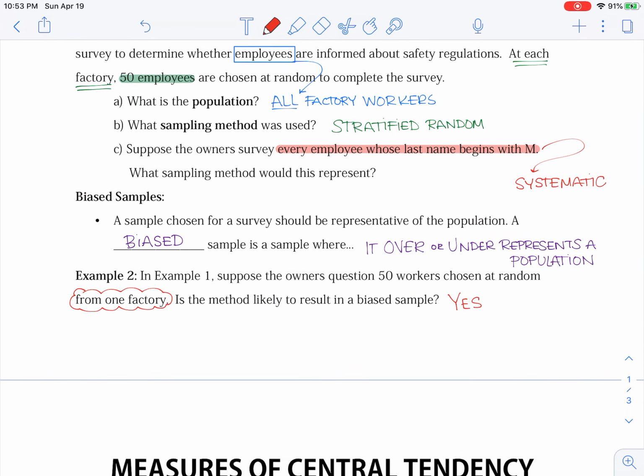Reasonings can vary. One could be that maybe where that one factory is located could affect how employees fill out the survey. Maybe the management at a specific factory is better at one than another, so they're better at making sure all their employees are up to date. So I would say, especially depending on how many factories this company has, it would be biased to only survey people from one factory and then state that all your employees are up to date on their safety regulations. That would be like saying the district of USD 348 is up to date on their safety regulations, but they only ask the high school teachers. So, all right, that is